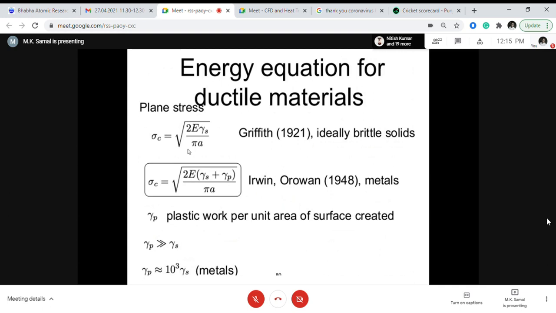Sir, for plane strain condition, the crack propagation is more compared to the plane stress condition, or something like that was discussed in class. Yes. When there is a plane stress condition, the sheet is thin. If the material is ductile, there will be plastic deformation, and the plastic deformation process will try to make the toughness more. But when there is plane strain, that is, the thickness is larger, then plastic deformation will be small, because the third-dimensional stress will try to restrict the plastic deformation. So in that case, the fracture